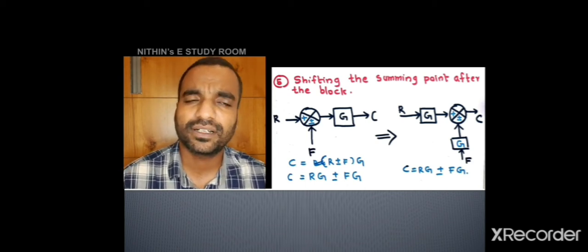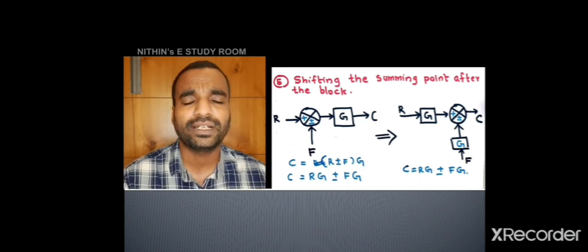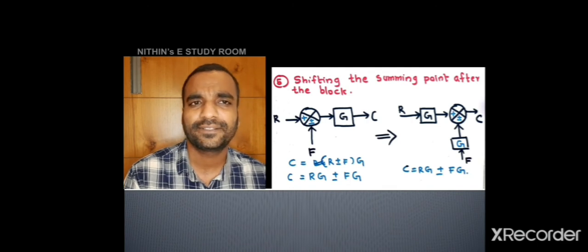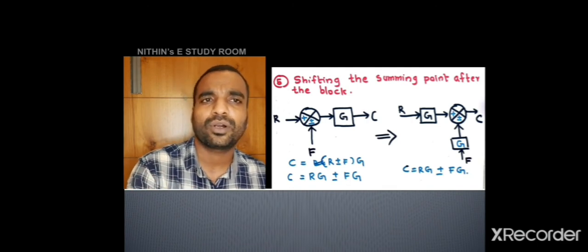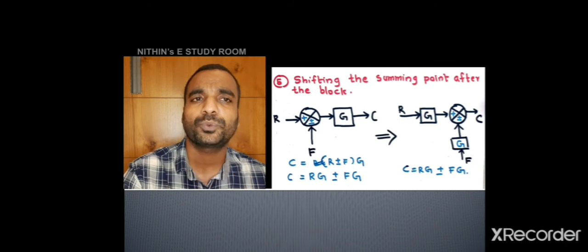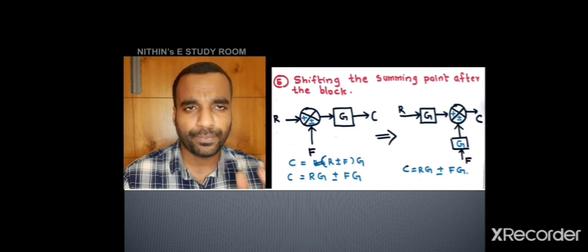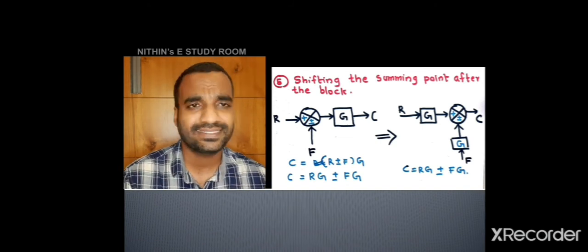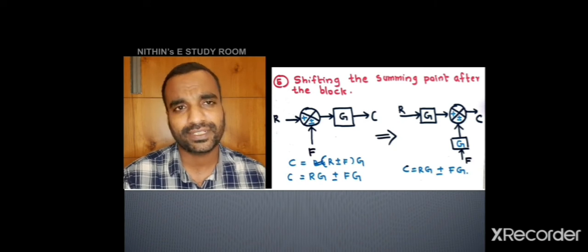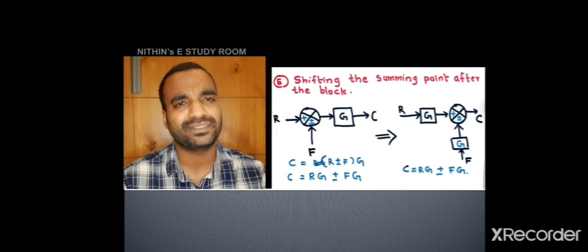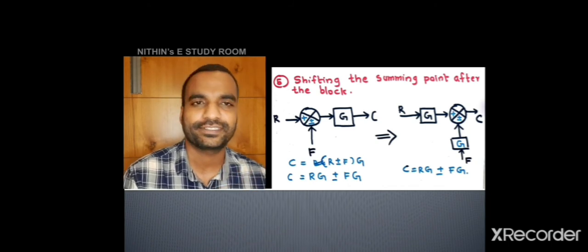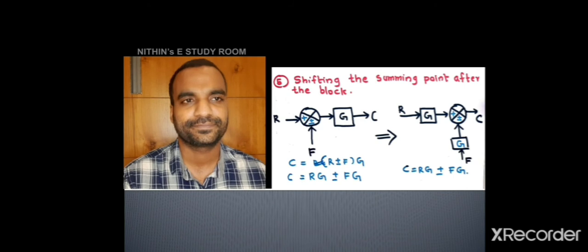Okay, I advise you not to learn these things by heart. You have to analyze only. This is just logic. You want to shift a block and you have to ensure that the output is equal to the value just before shifting. Before shifting and after shifting, the C value or output value should be the same. That is the case. You have to do some simple techniques to ensure that the output is the same before and after the shifting.